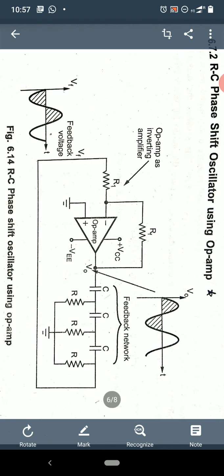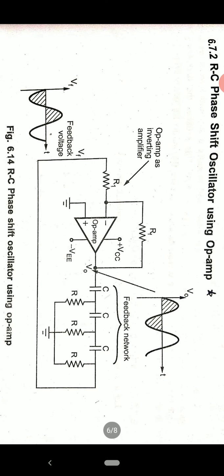Now if you consider an RC type of oscillator, you will see R and C elements in the feedback network. The range of this type of oscillator is 20 Hz to 20 kHz, that means the audio frequency range. So by using an RC oscillator, you can generate a frequency anywhere between 20 Hz and 20 kHz based on your requirement. If you see the diagram carefully, there are two parts: one is the amplifier stage, the other is the feedback network stage.